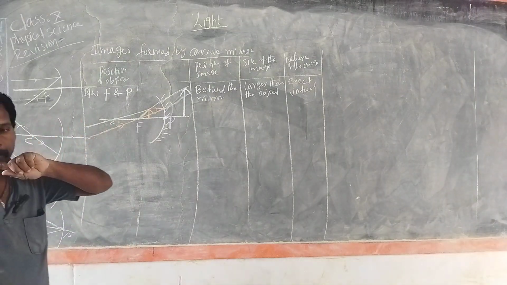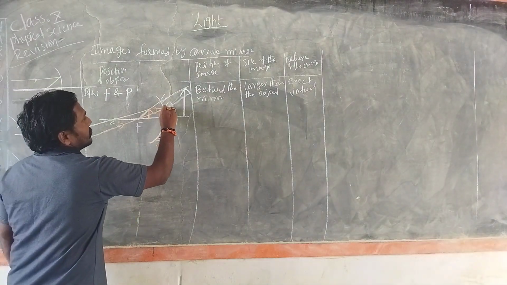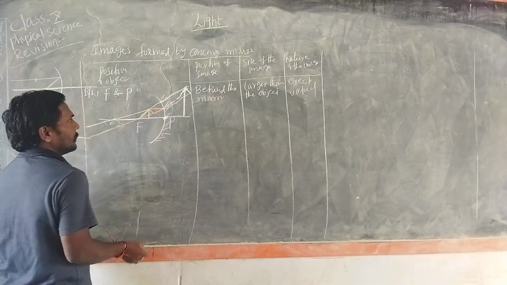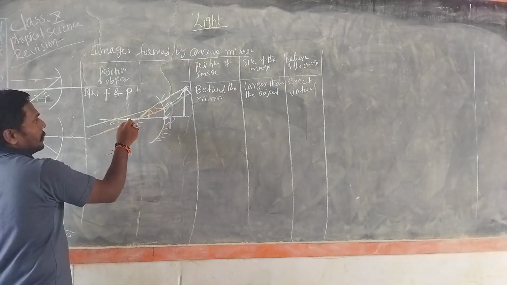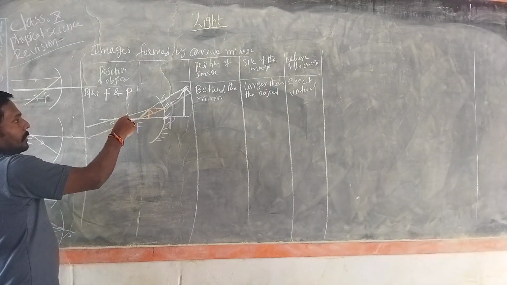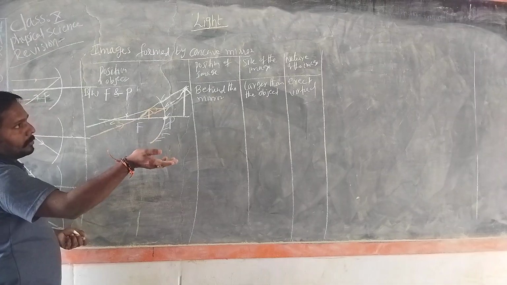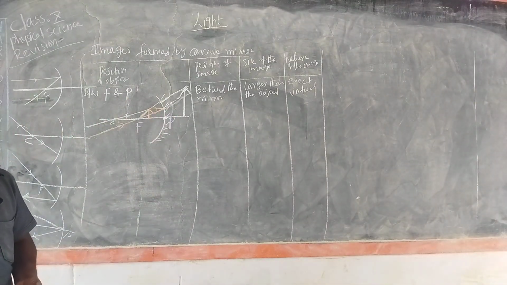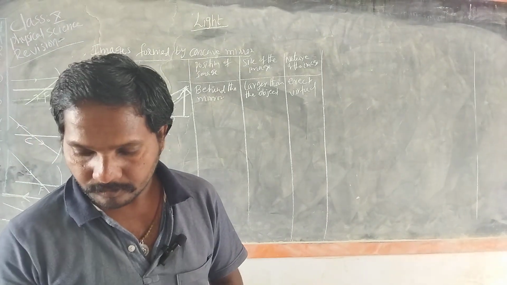So this is the ray diagram. When we extend these rays back, they meet behind the mirror. Behind the mirror, such kind of image is called a virtual image. It is formed larger than the object. Image size is more than the object size. Then